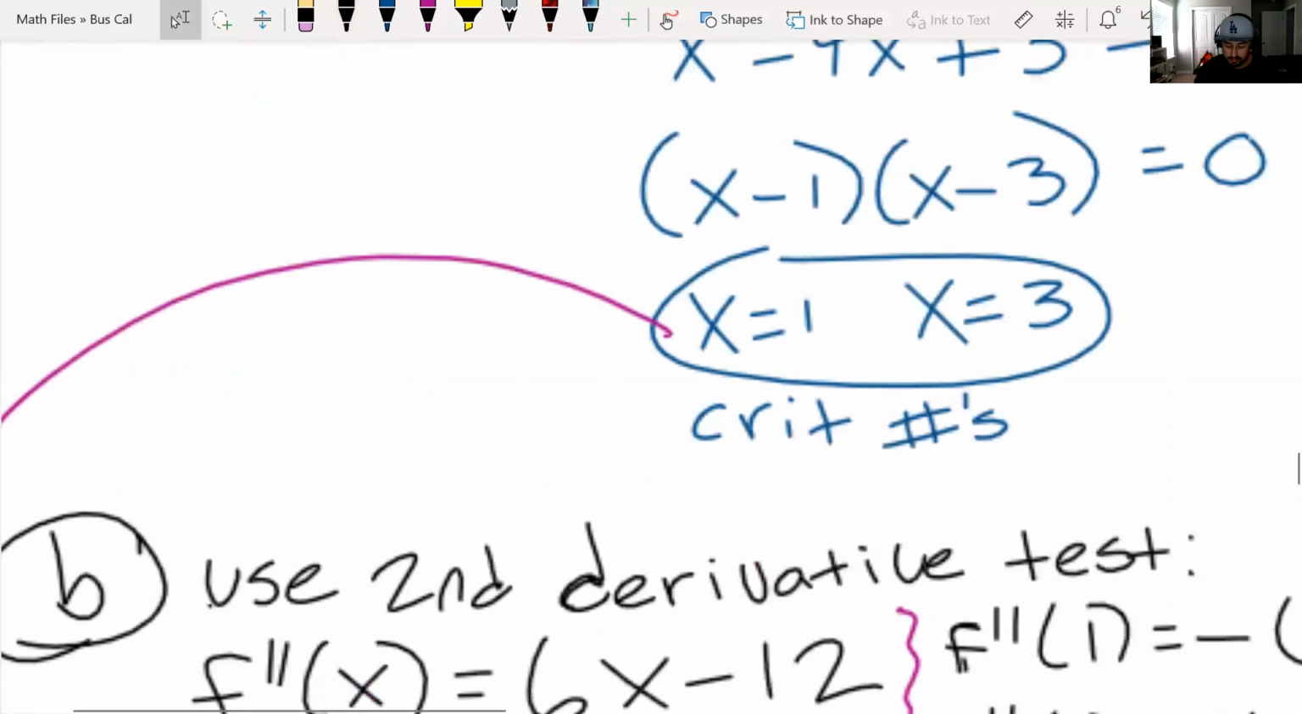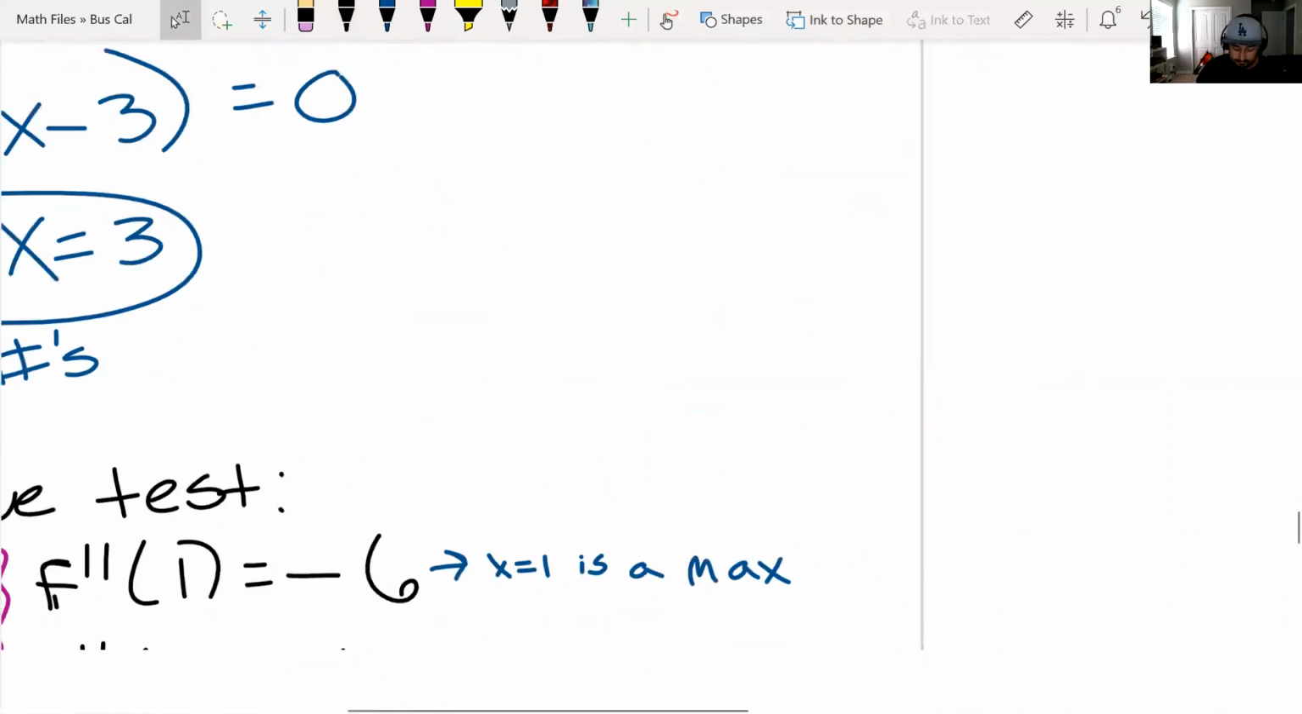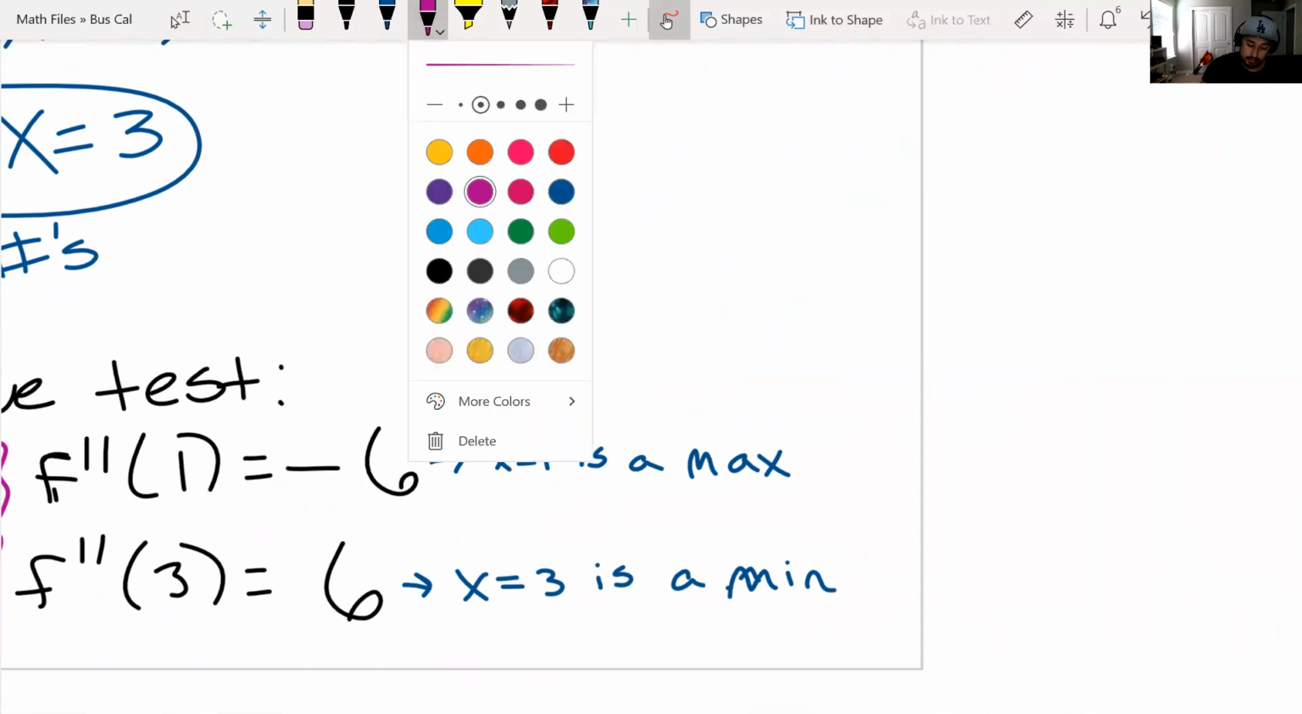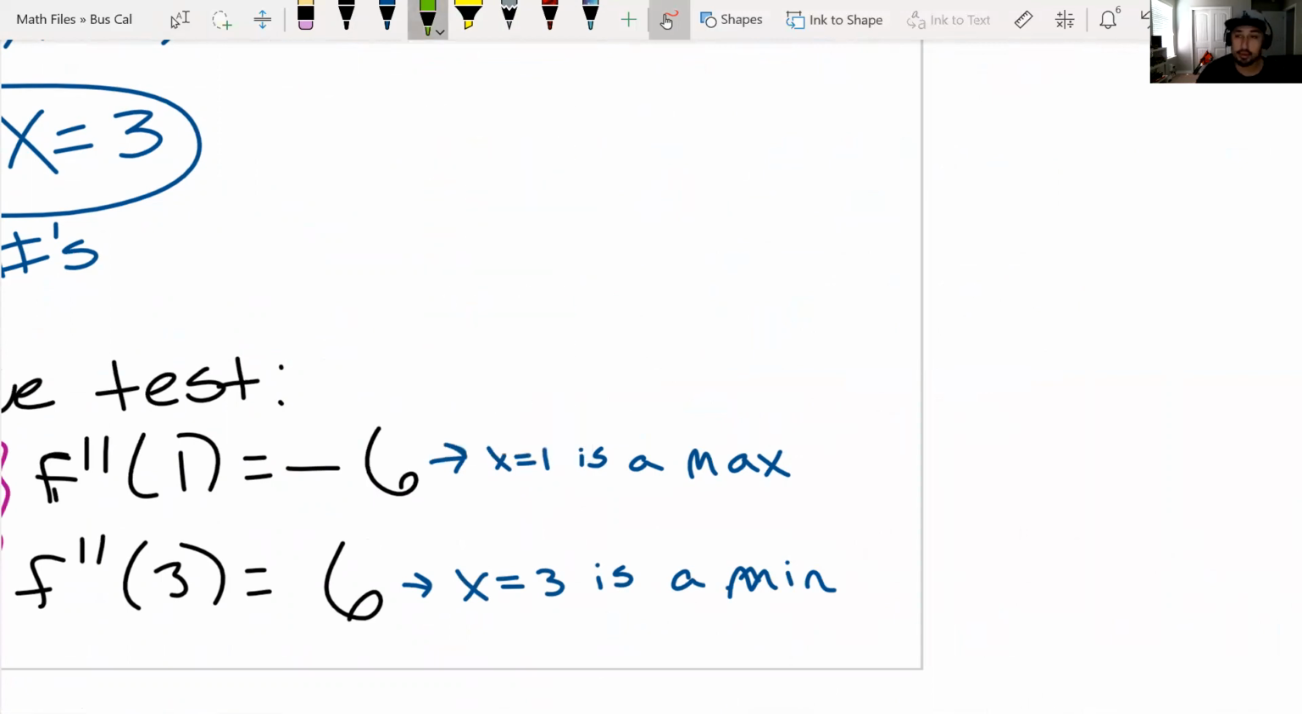So what this means now is that x equals 3 is a minimum. Okay. And now you remember how to find the exact location. So if we wanted to find the exact location